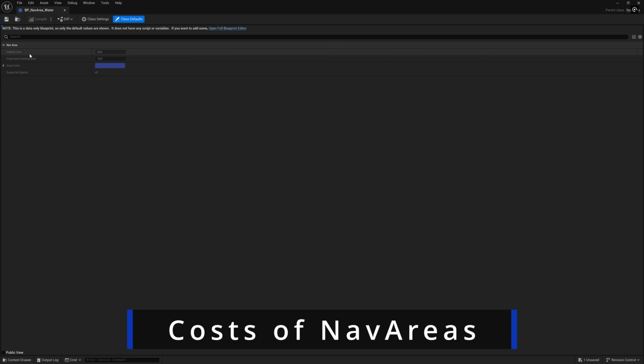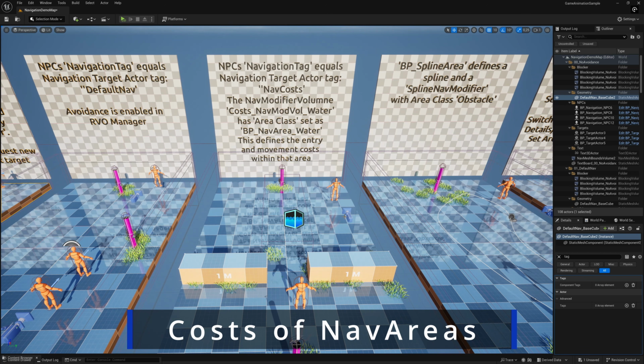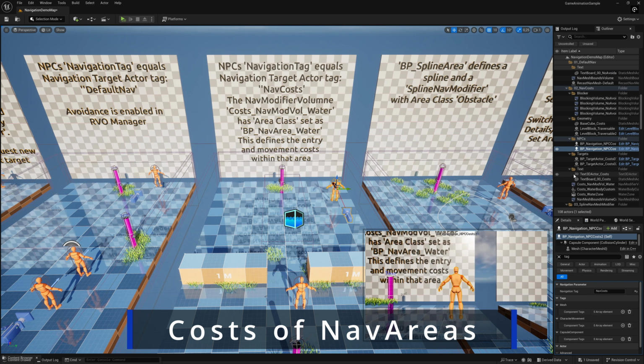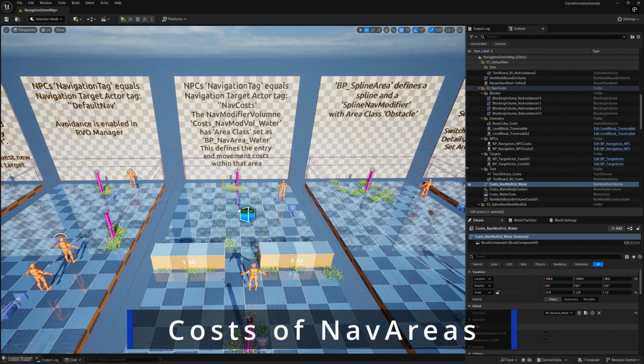They really just have a default cost, and they have an entering cost and a draw color to make it more visible on debug. That's it. So meaning here the NPCs know they have a zero cost crossing the standard areas, but the moment they enter this modifier area where the water is, they will have to pay that cost if you want, so it costs more energy. They will always try to minimize the energy to be spent, so they might actually cross your high cost area if the other alternative would be going a long way around it,